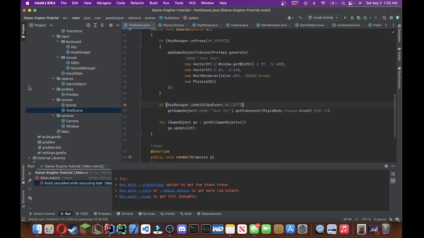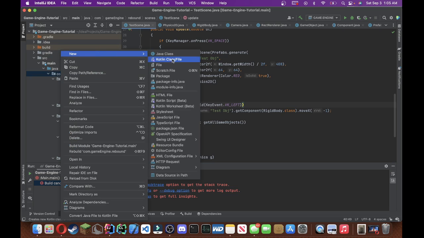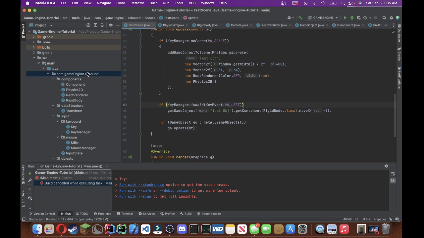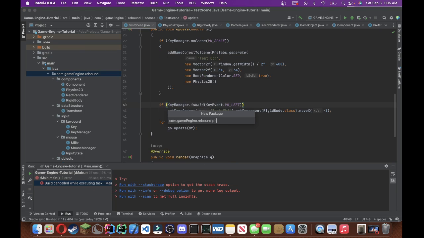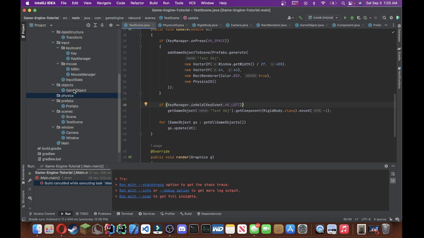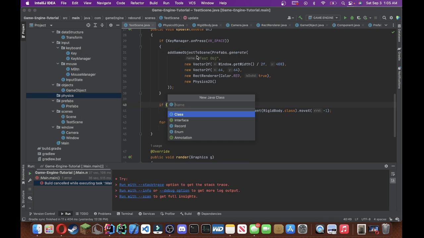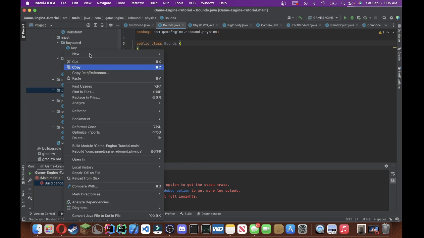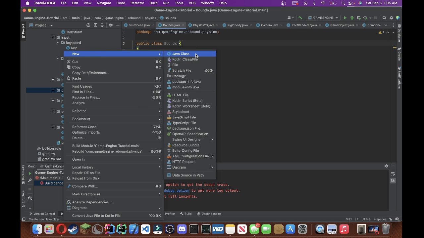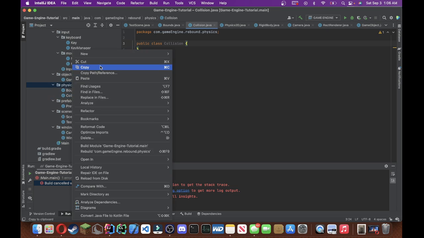Alright, so now we're going to do the collision, which I have been dreading for quite some time. So let's just start this off and end it quickly. Let's create a physics package and call it physics. Okay, I'm brain dead. And let's create a bounds class as well as a collision class as well as a